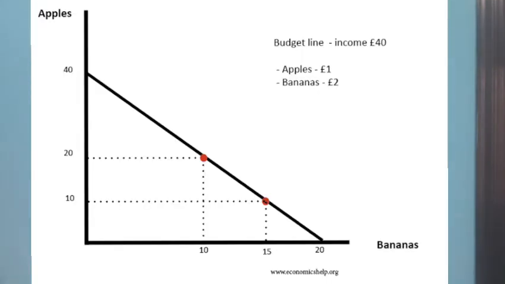What is budget line? Budget line shows all the possible combinations of two goods which a consumer can buy at a given level of income and price of commodity. We have assumed that the consumer spends his entire income for the consumption of two goods.